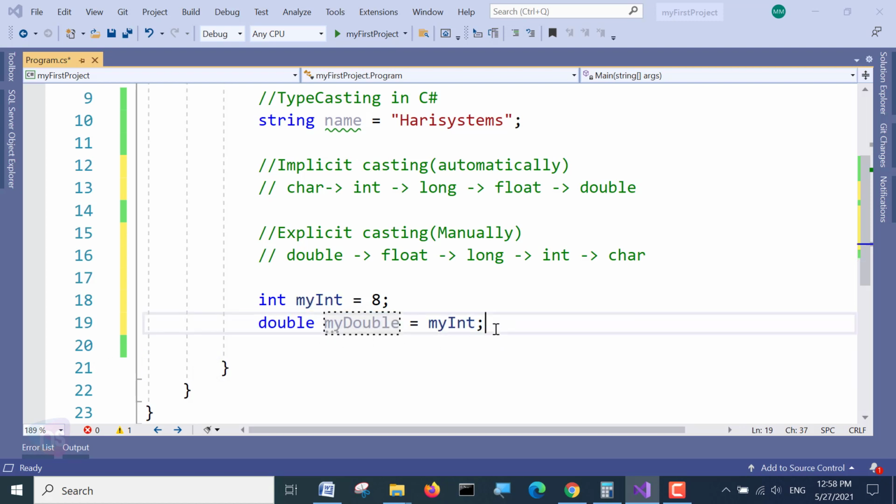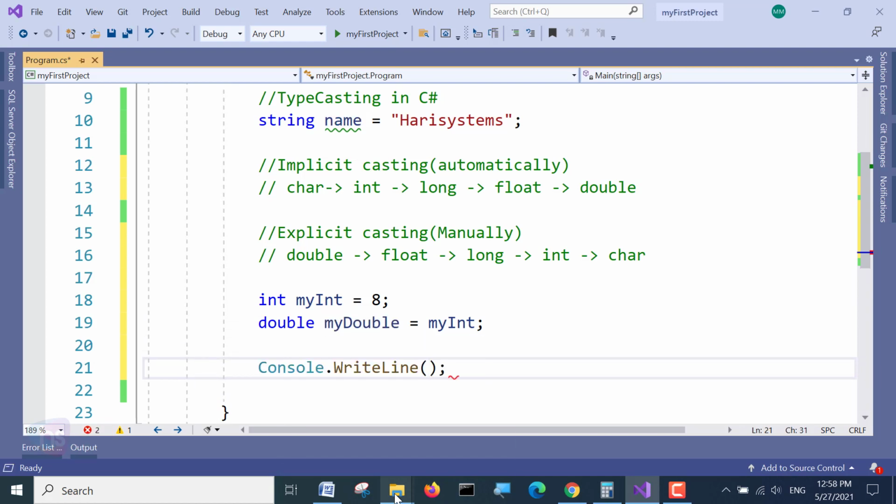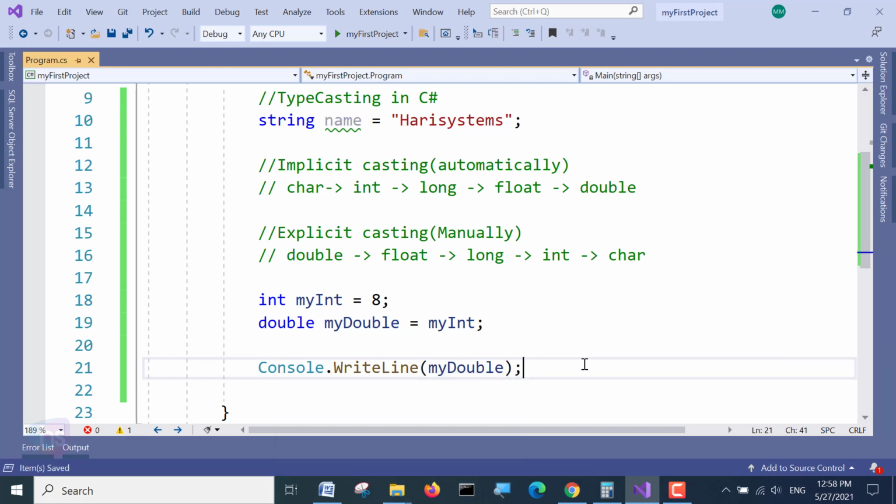I can easily access this data with Console.WriteLine of myDouble. If I access my double and if I access the integer, I'll get 8 only. There is no doubt at all. If I run this, I'll get 8. First I'm checking with the double. Run the program.